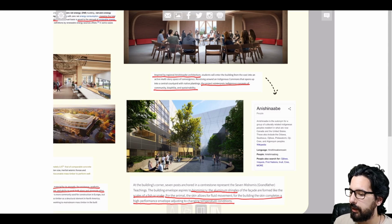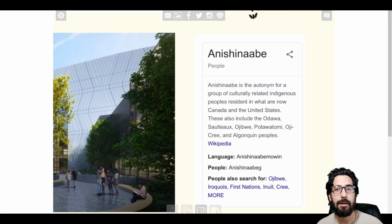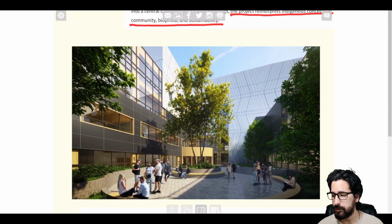It's important to note that the concept for this project was inspired by regional Anishinaabe architecture. Anishinaabe is the name that's given to the group of culture-related indigenous people that are resident to Canada and the United States. Now, when you look closely at the facade of the building, you'll notice that it looks almost like